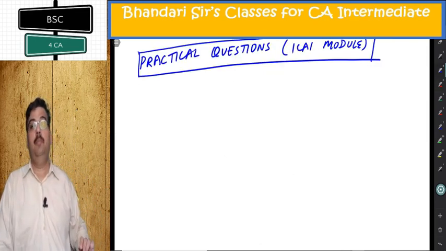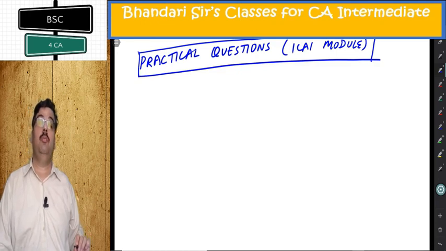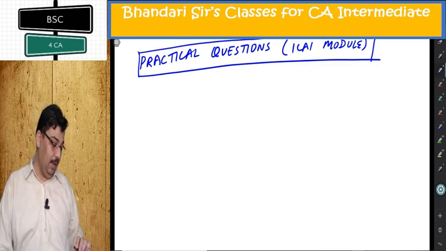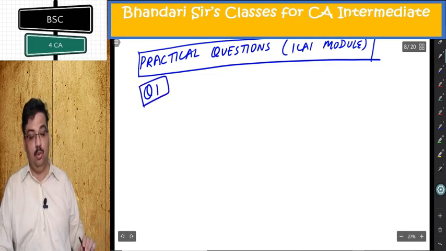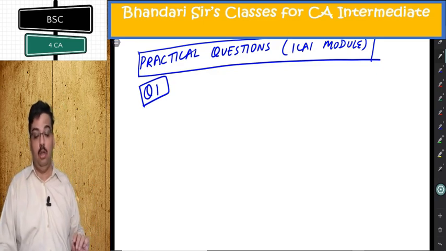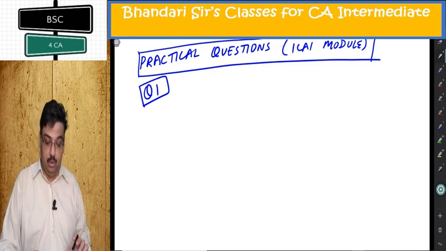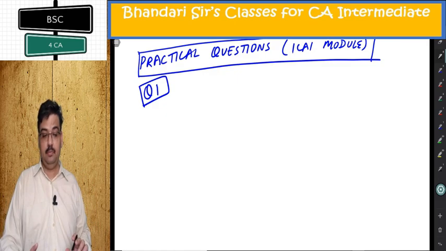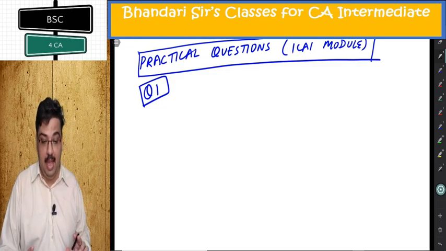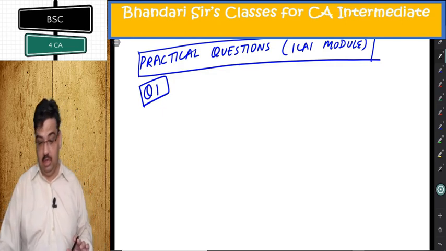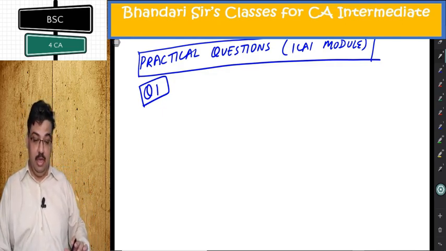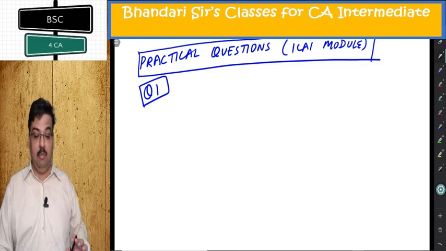Next we talk about practical questions, the unsolved questions from ICI module. Question number 1 again relates to passenger costing. I like to talk in detail about all the costs which are given there. Question is talking about one bus working so many trips, Delhi to Chandigarh and back the same day, distance covered, number of days in month, sitting capacity, everything given. Delhi to Agra and back same day, Delhi to Jaipur and back same day. It is giving you details of a month.